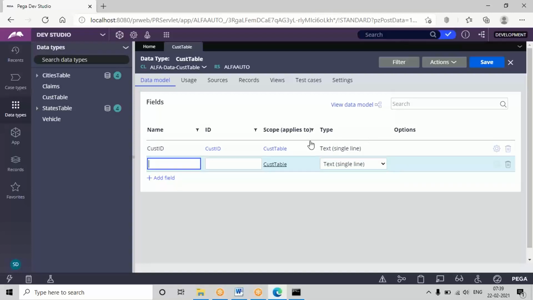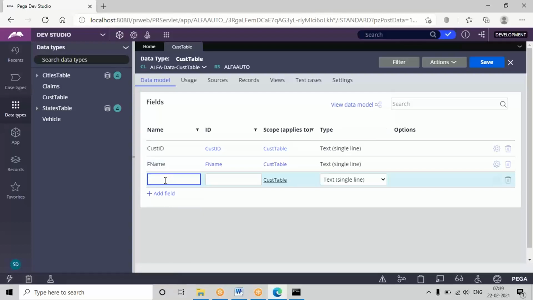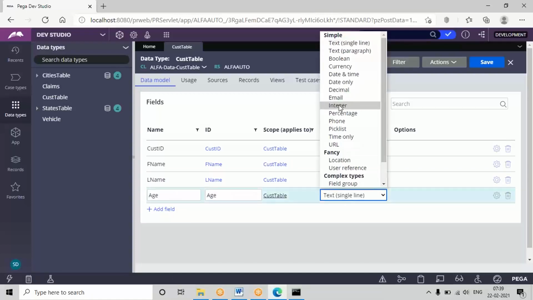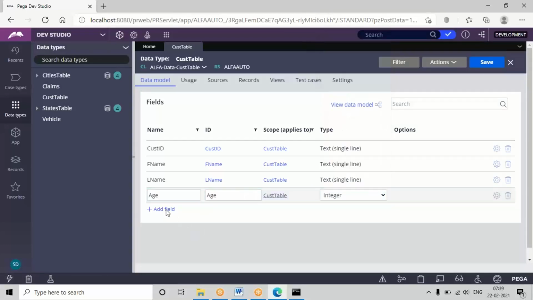Text will support numbers also in Pega. So then I'm taking these fields like F name, L name, and this I'm setting as integer. And one more field I'm taking.